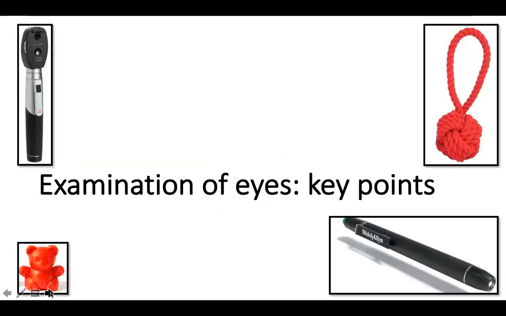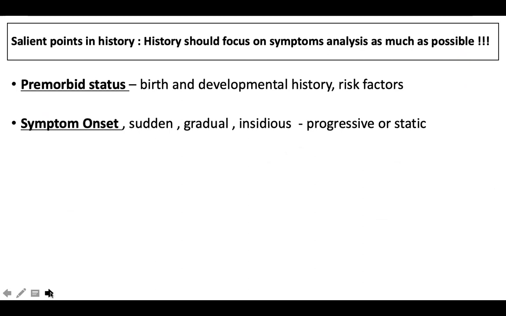So for the examination of the eyes, you need appropriate tools, you need a good setting. Your ambient light should be good. At least we need a basic torch light, and we need an ophthalmoscope. And for small kids and neonates, we would be needing distractors like toys, red color objects, and so on. So the examination, of course, begins before the examination.